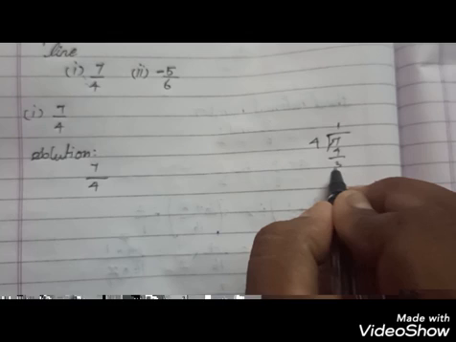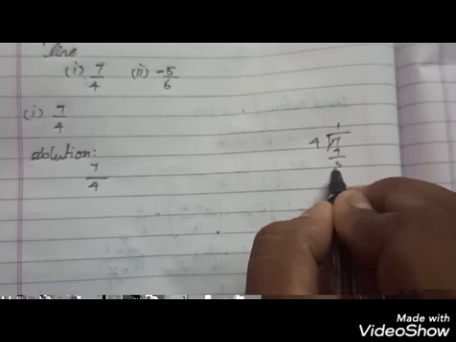1 can be written as 1 by 4, the first part, 2 by 4, the second part, 3 by 4, sorry, this one is 4, 1 1 by 4, 1 2 by 4, 1 3 by 4, this one is 1 4 by 4. Just think about it: 4 ones are 4, 4 plus 1 is 5, so 5 by 4; 4 ones are 4, 4 plus 2 is 6, 6 by 4; 4 ones are 4, 4 plus 3 is 7, 7 by 4; 4 ones are 4, 4 plus 4 is 8, 8 by 4, that should be 2.